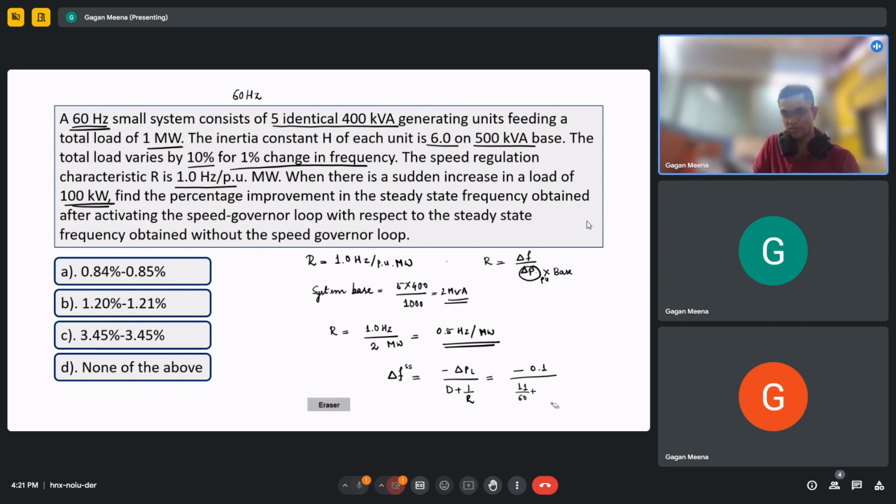So this is 2. This should be 2. Then my 60 plus 2, inverse, multiplied by minus 20. So 6 by 131. This is minus 6 by 131. And this comes up to minus